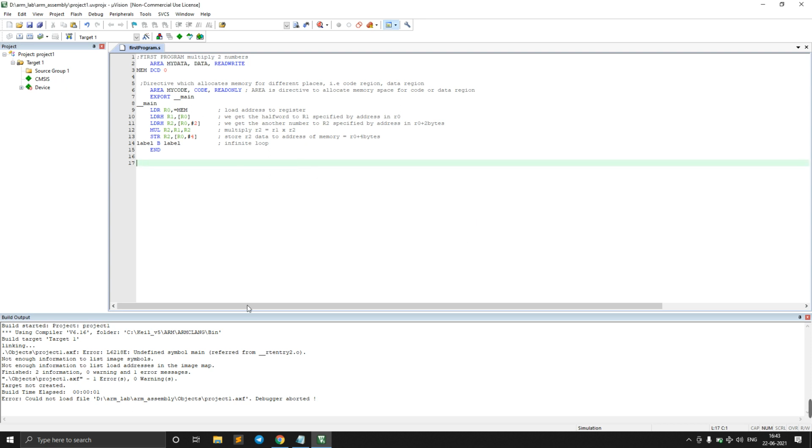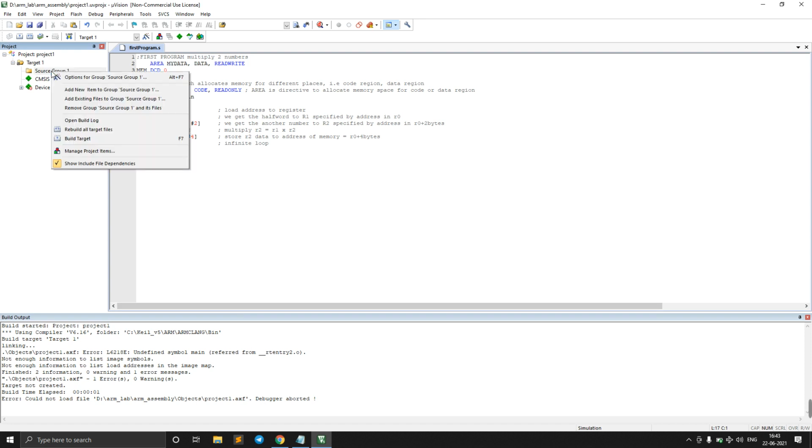This is the second usual error we get. For that, just go to the source group, right click on it, and click Add Existing Files to Source Group 1, because we already have the file. We need to add this to our source group.